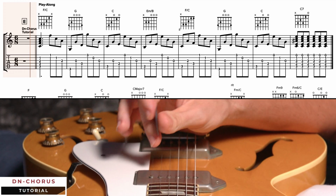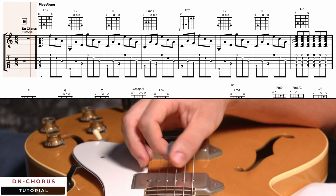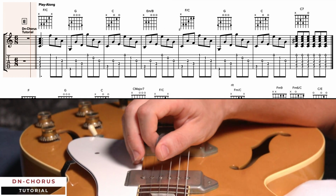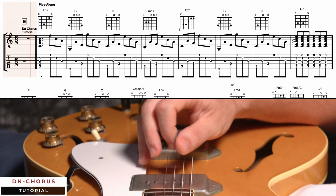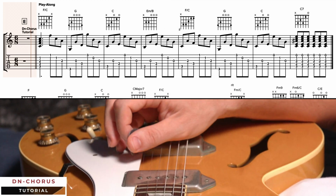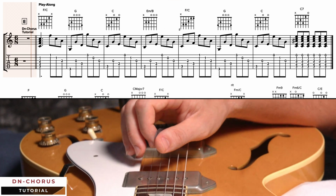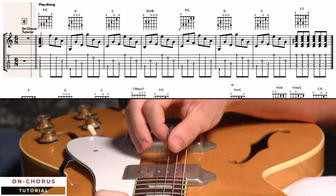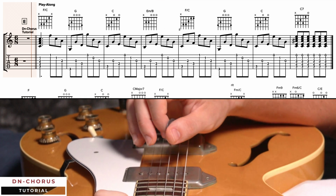So we start off the chorus with the right hand by playing just the A string, G string, B strings on that F chord. And then upstroke E string, upstroke B string, upstroke G string. Next bar is a G chord. We're going to be playing the E string, downstroke, upstroke G string, downstroke D string, upstroke E string, upstroke B string, upstroke G string. Next bar is C, down A, up G, down D, up E, up B, up G,